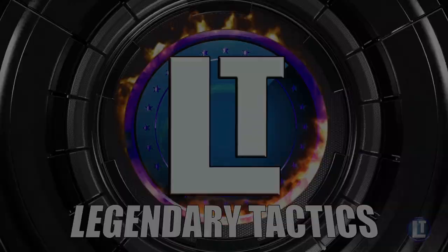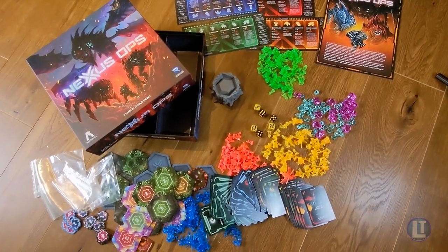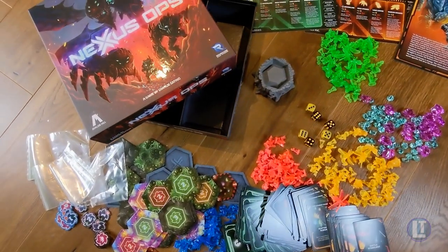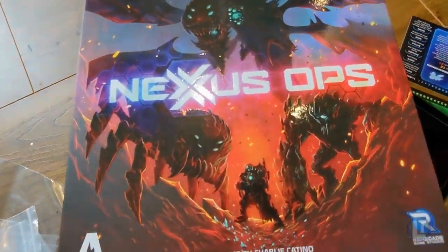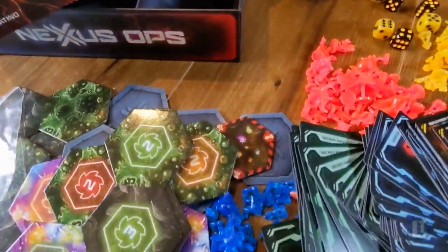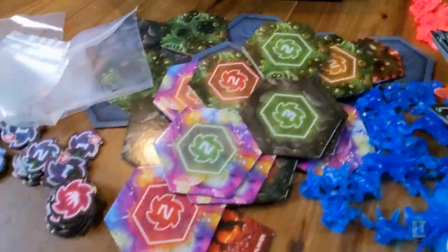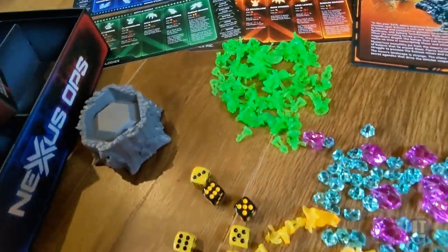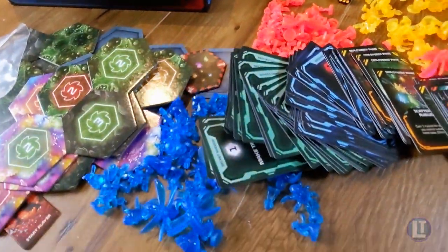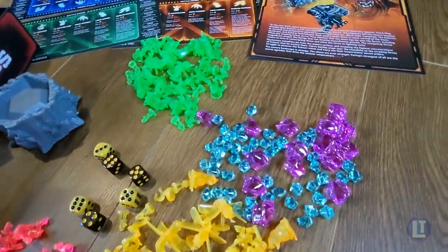So this is the third edition of Nexus Ops. The very first one was published by the Hasbro version of Avalon Hill back in 2005. The second edition came out with Fantasy Flight Games in 2012. And this is the Renegade Game Studios version of Nexus Ops, and you can get a quick overview